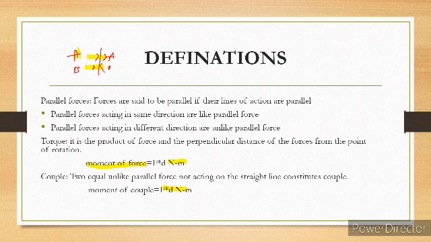That makes sense, as they are not acting in a straight line. Parallel forces, of course, will not be in the same straight line. So the two forces will be equal, but in the form of unlike parallel forces. Those kinds of forces constitute a couple. So that is nothing but the couple force. The moment of couple is given by F into D, that is force into distance, Newton meter.